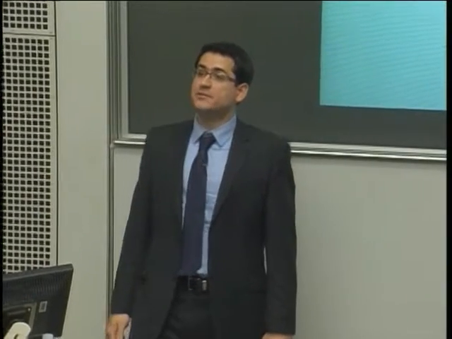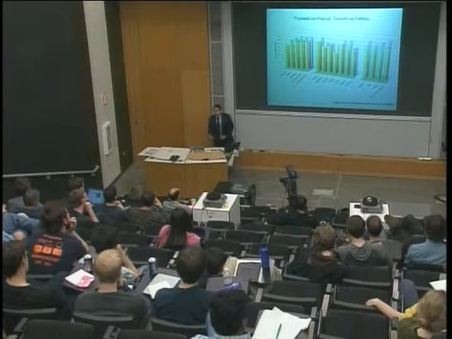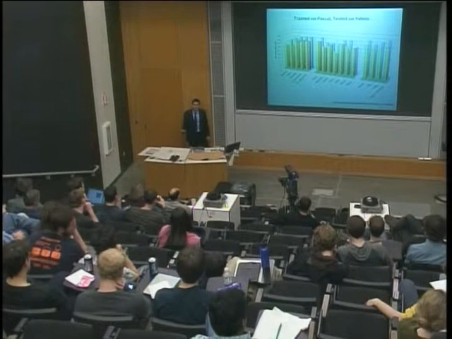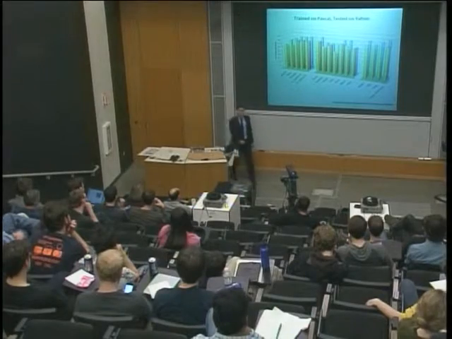And here's what happens. The blue bars were the case where I train and test in Pascal. The red one was when I use the whole feature. And then the green ones are when I use these selected features. As you can see, for example, for the wheel case, there is a big boost in the performance. We're getting close to the case where we are actually training and testing on the same data set. And remember, the green ones are very low dimensional features compared to the red ones.